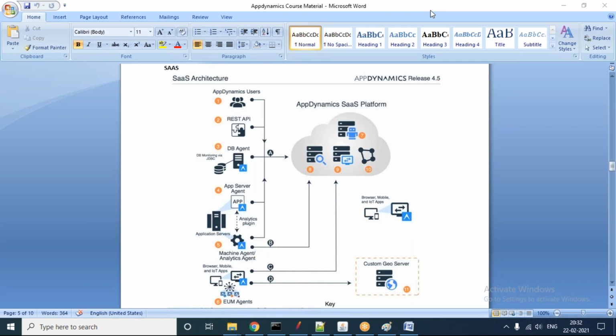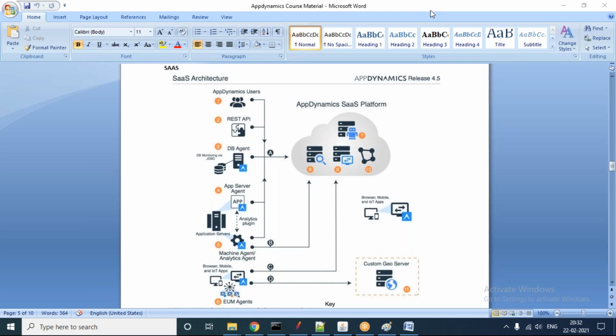With SaaS, I have to provide the cloud and the license to you. But with on-premises, I only have to provide a license. That is the reason nowadays everybody, not only AppDynamics but Dynatrace too, is more keen on the SaaS-based model.